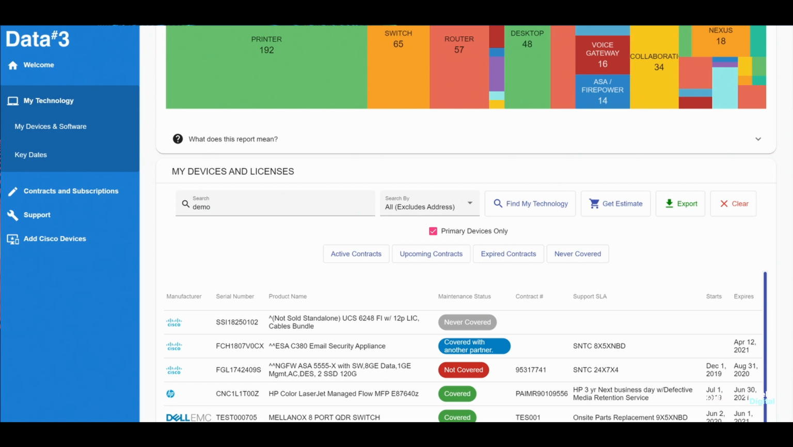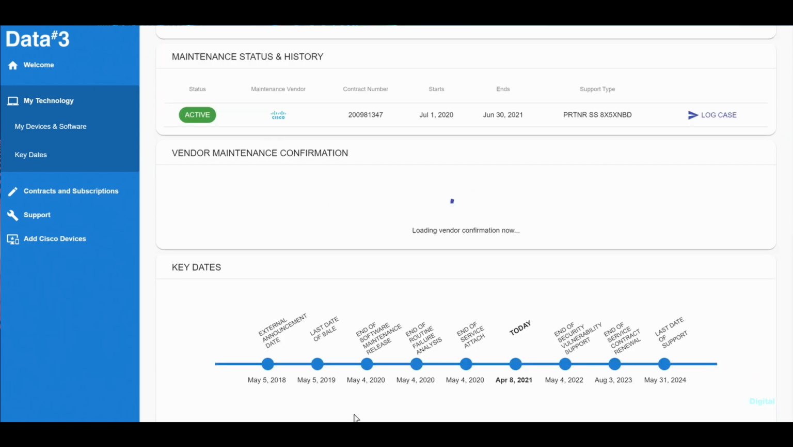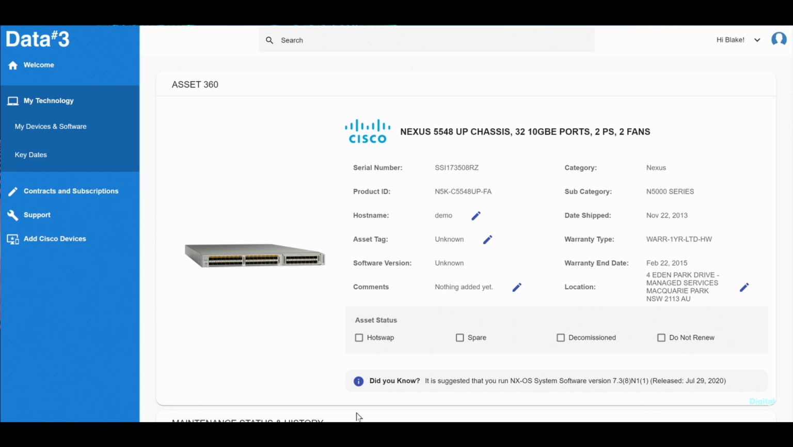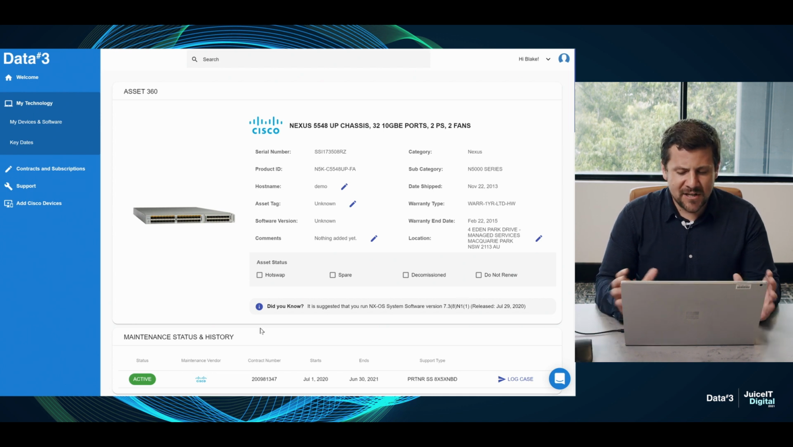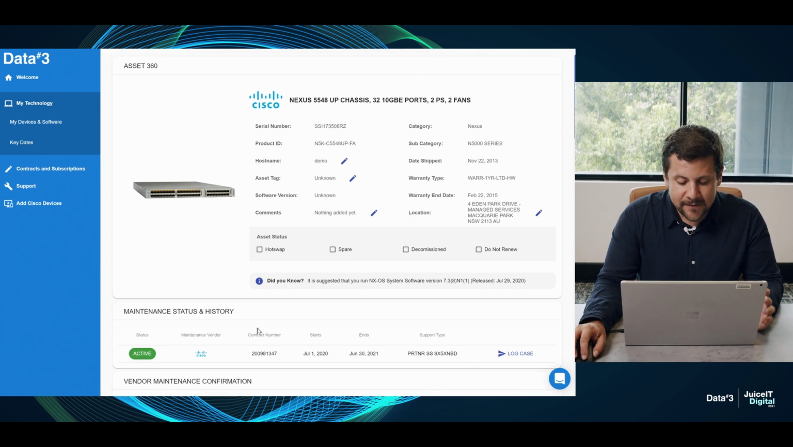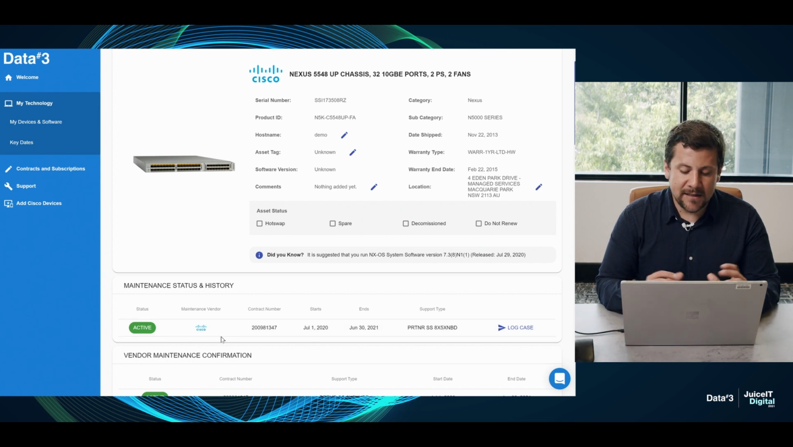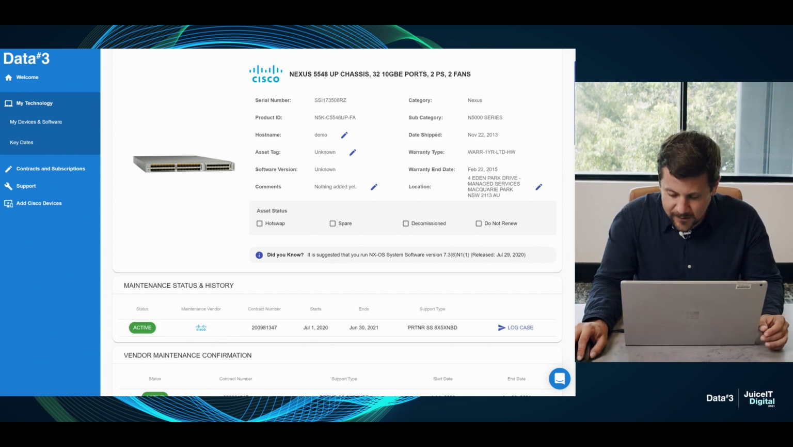Now let's click on this device and delve even deeper, which takes us through to Asset 360. And Asset 360 is the details page of a particular device where we're able to really focus on the particular insights and data points on that particular asset. So at the top you can see all of the general details around the device like serial numbers, warranty information and product information. Under that we have the status, and this is really, really important, especially when we look